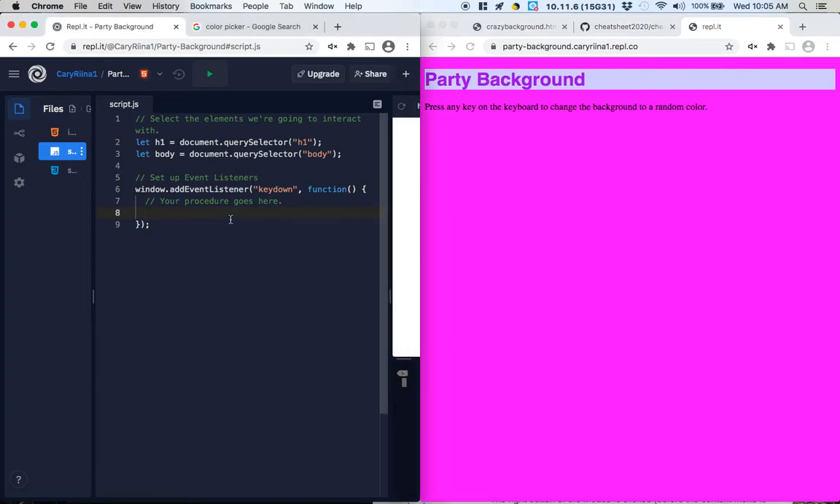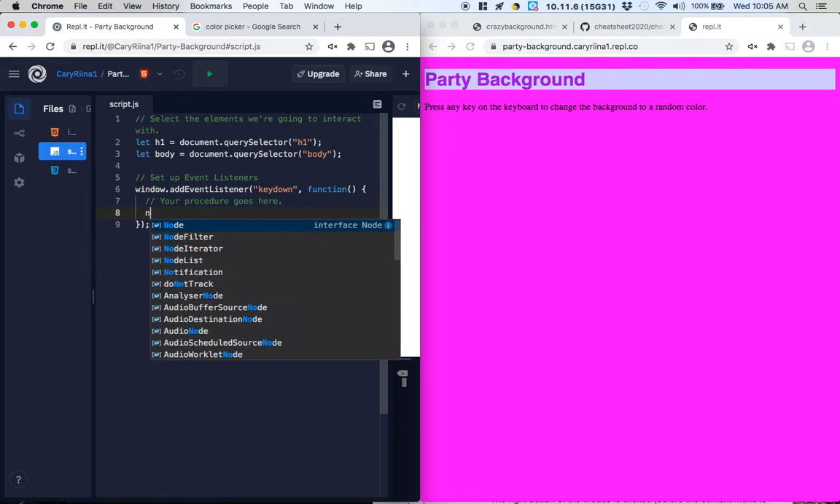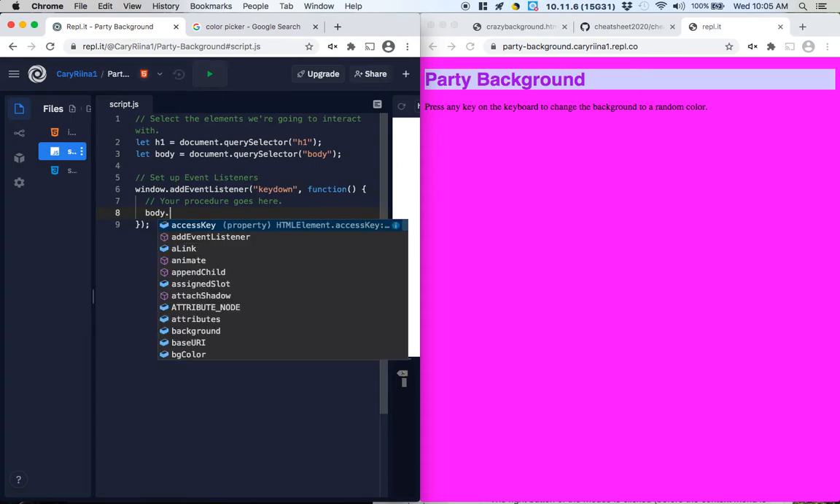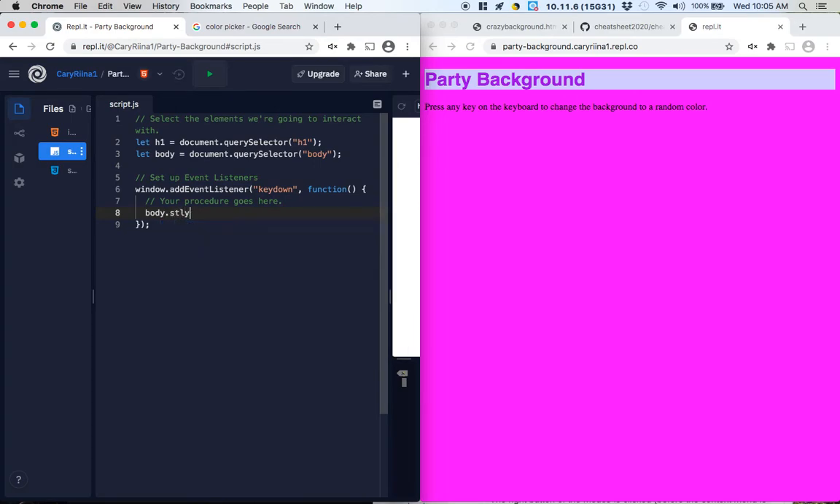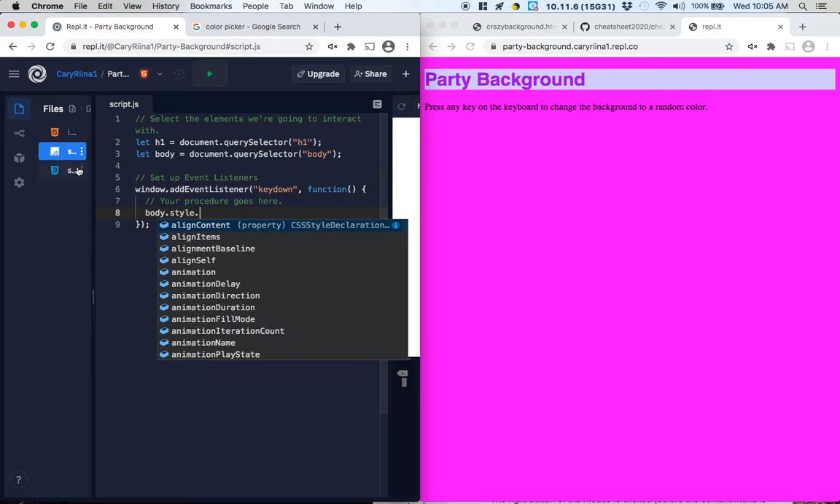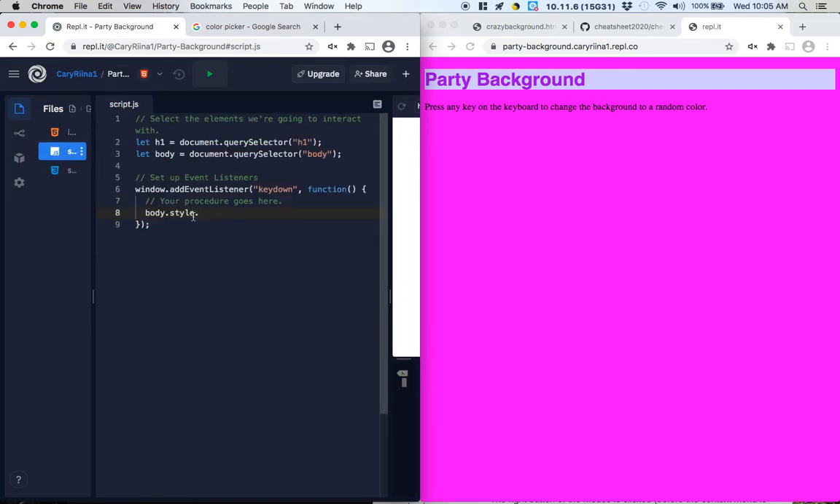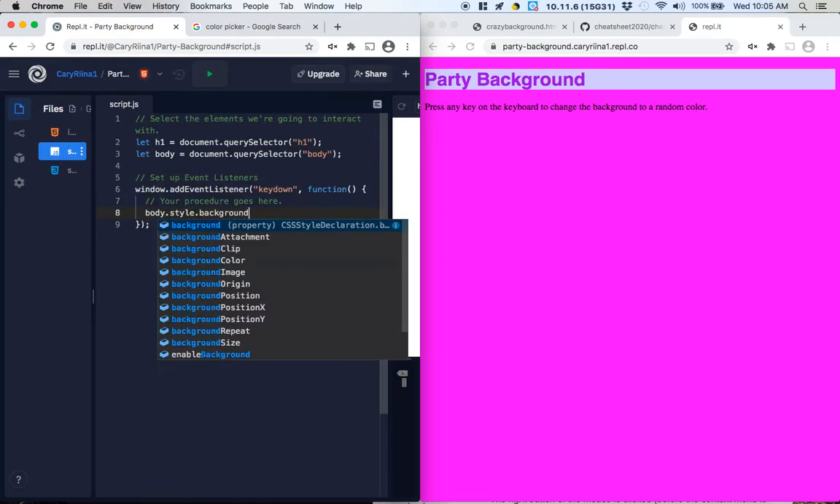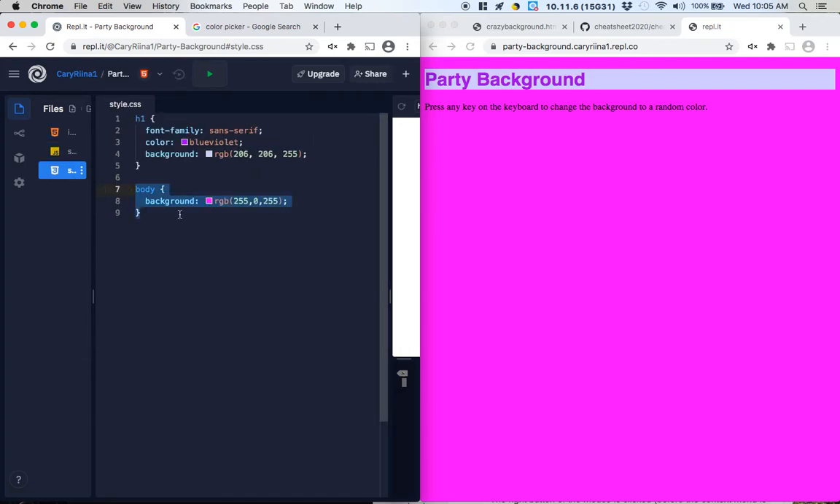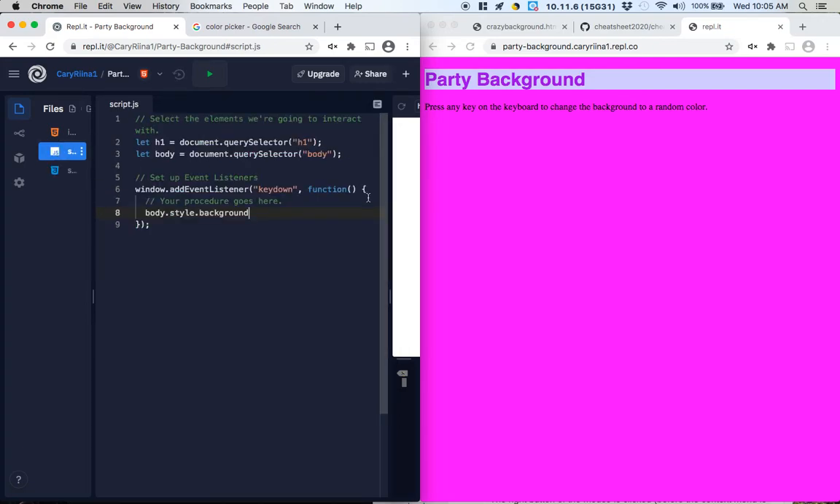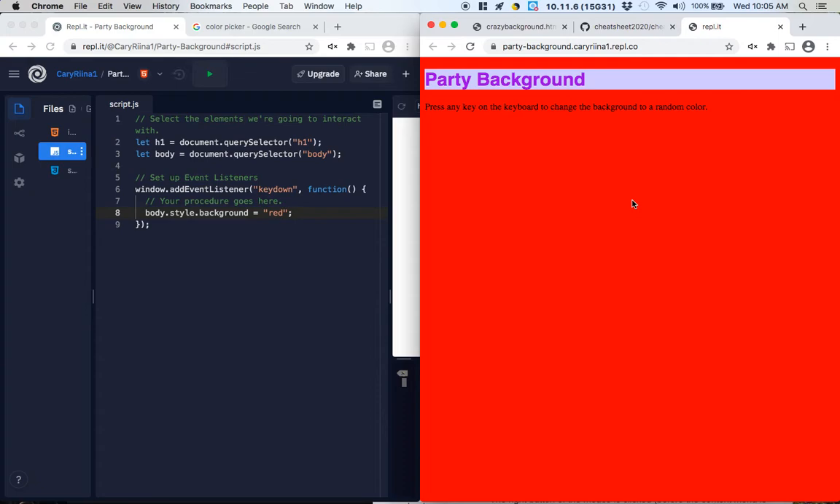The way that we do it is we say the background is the body element. So take the body element, go into its list of style properties, and this is similar to the CSS. You can choose any CSS property here. The style that we want to change here is going to be the background color, which when we write it as CSS is just the word background. And then what we want to do is set that equal to some new value. Maybe I'll just make it red to start. So now if we reload this page and we press any key, the key down event has been triggered. So the procedure that runs is the